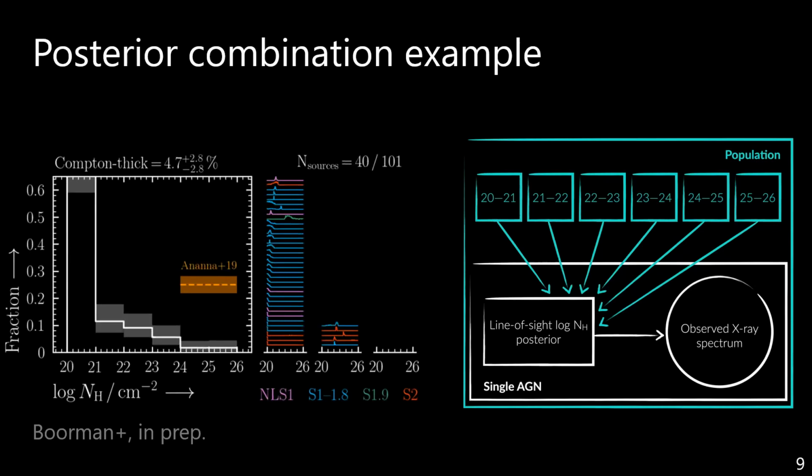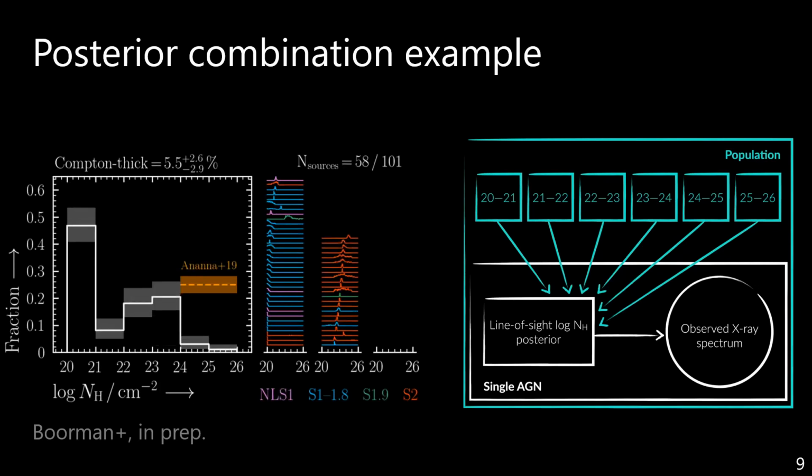So as you can see, initially, I tried to order it roughly by the column density. As you can see, initially, everything's unobscured. So the posterior stacker is saying that, well, unobscured is quite likely. But then as you increase and you include more and more of these sources, even the ones with quite broad